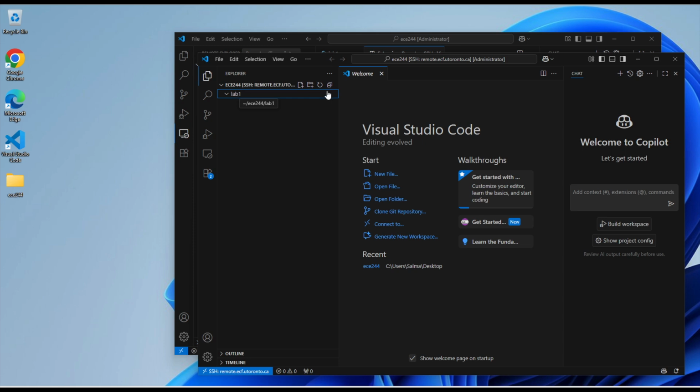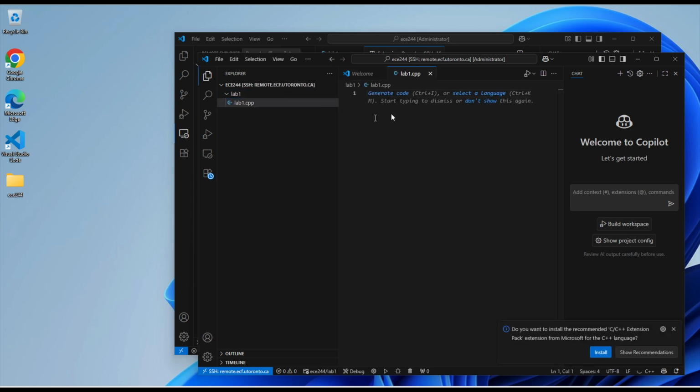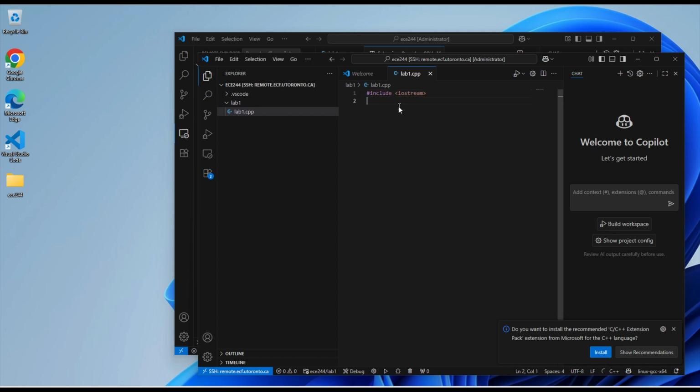For the time being, I'll use the lab 1 directory, and I will work on creating a file where I'll write some C code. Sorry, I'm writing C++ code. Once we're done here,